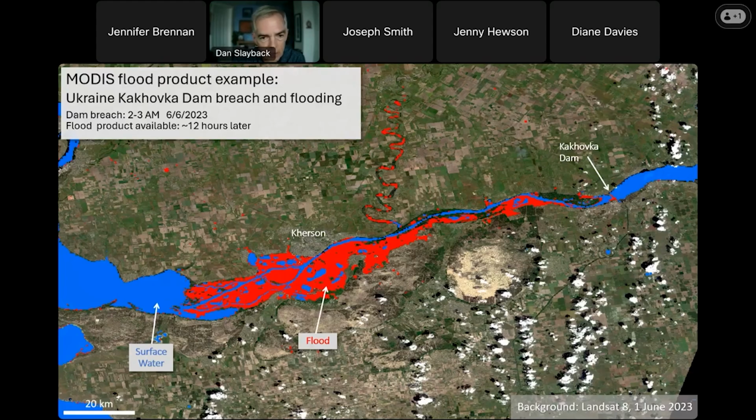This is not high resolution data, but it is global and daily. So that is one of the key advantages of using these data sets. Also in Kherson City, there